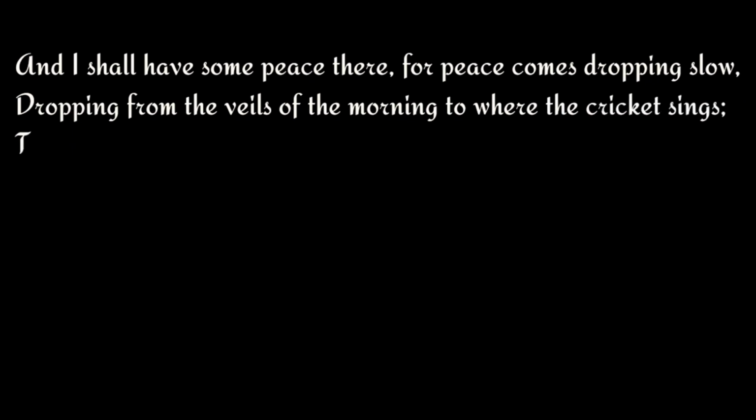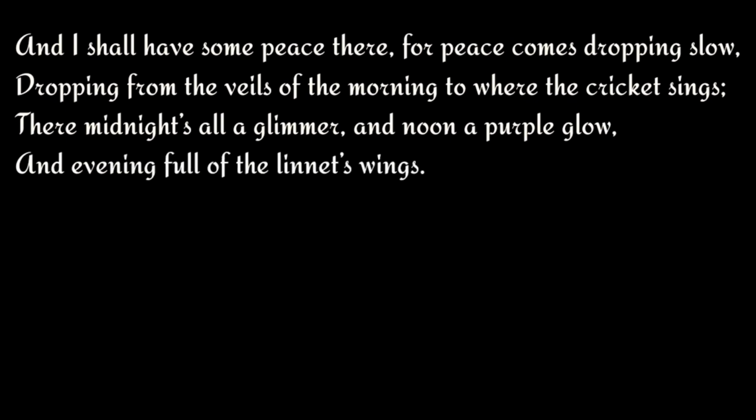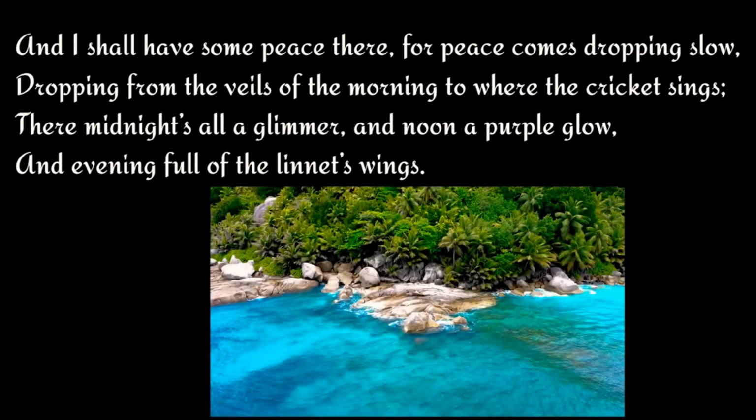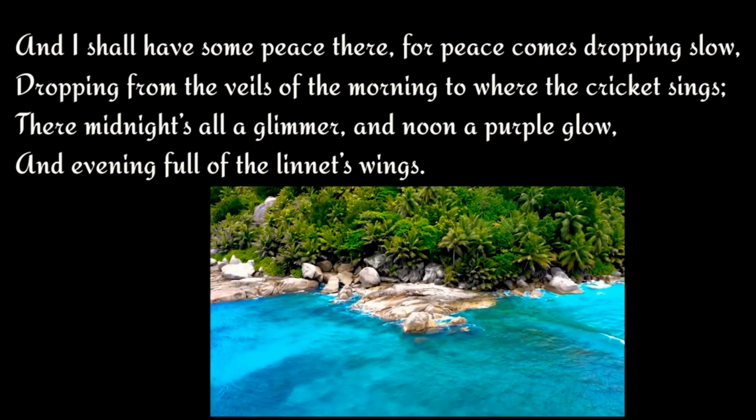And I shall have some peace there, for peace comes dropping slow, dropping from the veils of the morning to where the cricket sings. There midnight's all a glimmer, and noon a purple glow, and evening full of the linnet's wings. In these lines, we see that the poet wants to go to the Isle of Innisfree because he believes